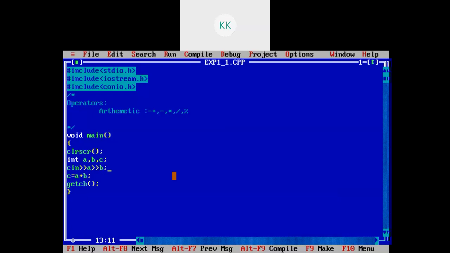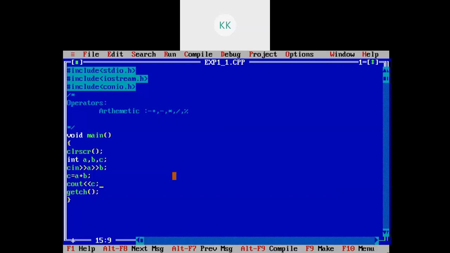So cin a and b. Now you need to output, cout. What is the output? It is c, right? So this is a simple program which will input a and b and perform addition, that is c equals a plus b, and perform output, right?